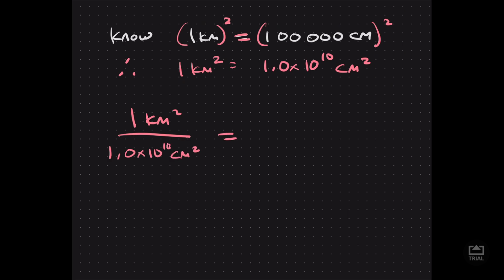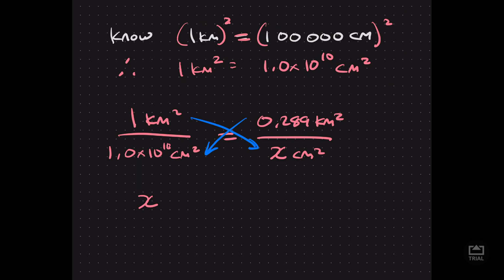Now I'll make an equivalent fraction, and I say I have 0.289 kilometers squared, and how many centimeters squared would that be? So I'm just going to do some simple cross multiplication again, and we're going to get that x, so 1x is equal to 1.0 times 10 to the 10 times